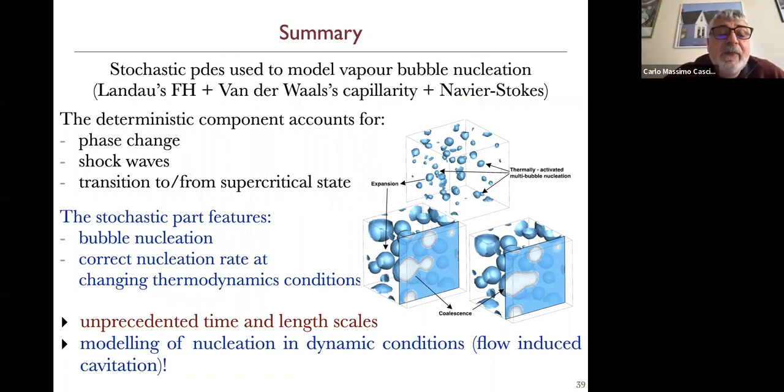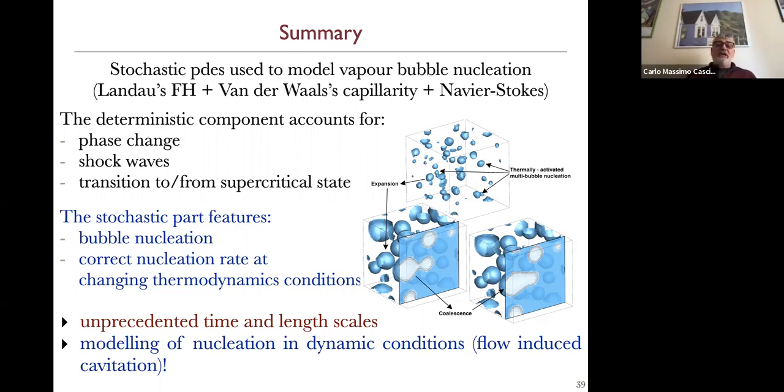There is what is called Landau-Lifshitz fluctuating hydrodynamics, which corresponds to the fact that we have included the noise term in the deterministic equation. There is van der Waals capillarity inside, and of course there is the background of the Navier-Stokes equation. The model consists of two parts: a deterministic component, which accounts for the phase change, including the latent heat of